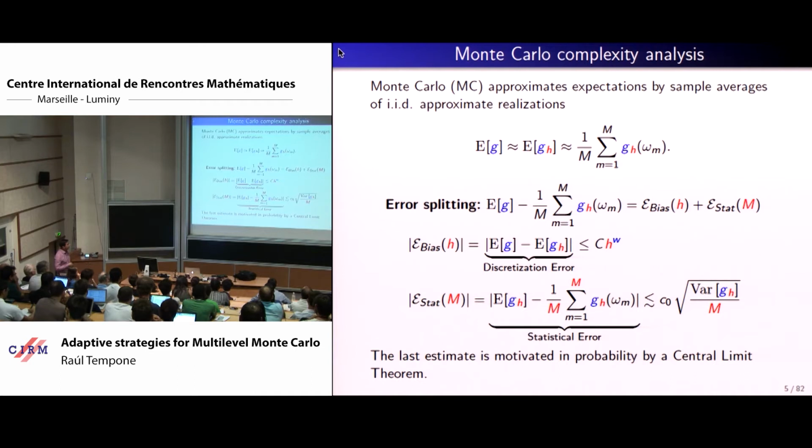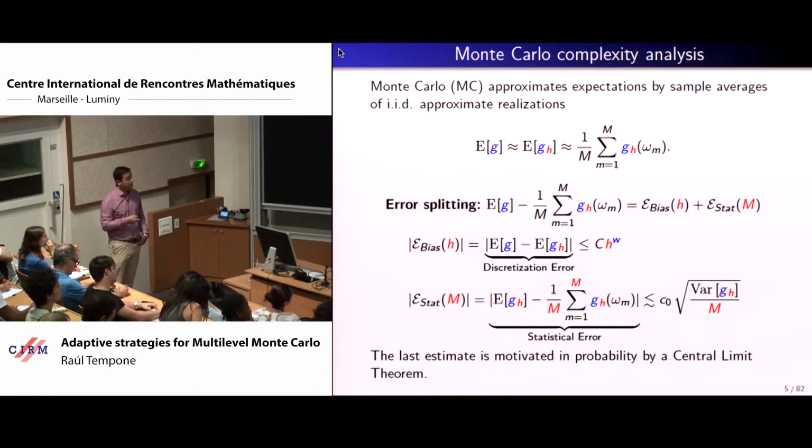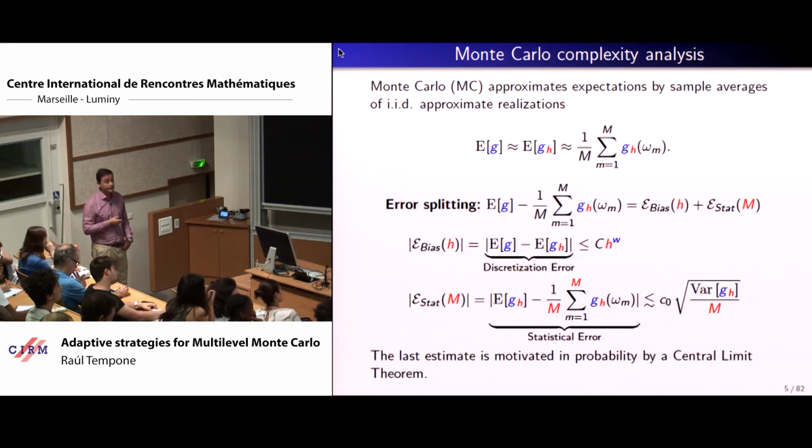So this analysis holds as long as there are no changes of order with respect to the randomness in the problem, which is a reasonable assumption. But if that happens, this will not be the correct way to draw things. But again, this is an introductory way to explain how this works. So let's again consider that this W doesn't change with respect to omega, and therefore we just get a constant here times H to the W. Okay, so this is more or less a standard discretization error.